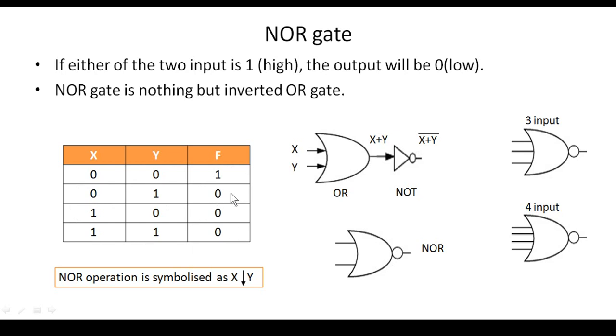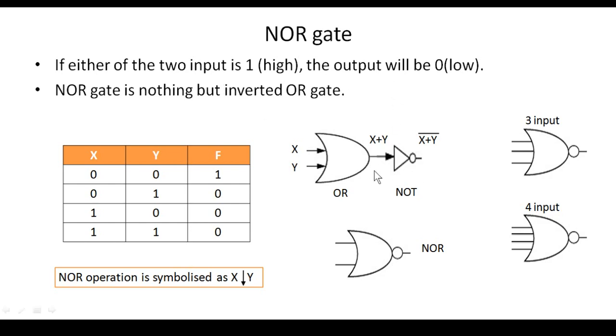So how you are getting this is, you can see this line. A NOR gate is nothing but an inverted OR gate. That means you are going to invert it. You are going to find the complement of that. You can see the gate here. First you can see the OR gate, where you have two inputs X and Y. When you pass them on to the OR gate, you will get X plus Y. Now if you pass it on to a NOT gate, it becomes (X plus Y) the whole dash, that is inverted OR. That's the reason you are getting this. So if you remember the OR gate truth table, it is very easy to write the NOR gate truth table: just invert all the values.